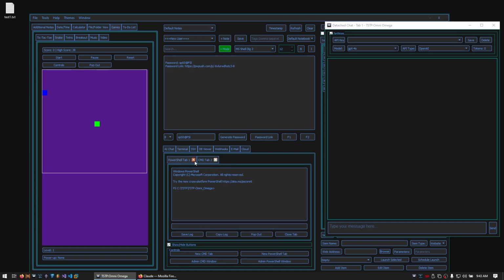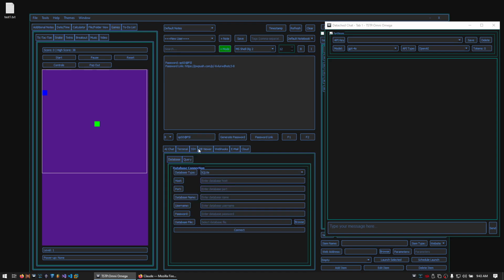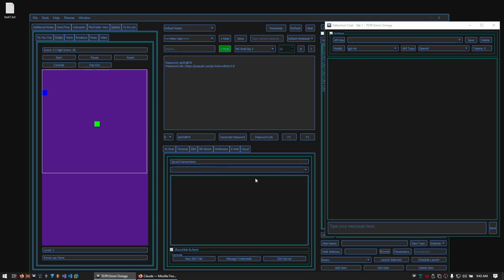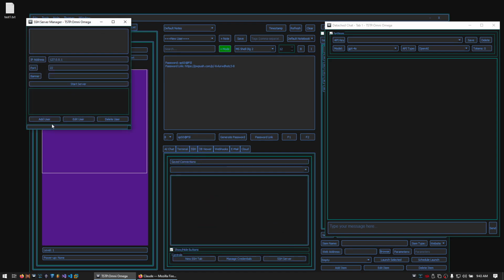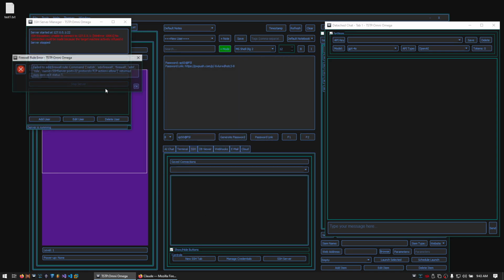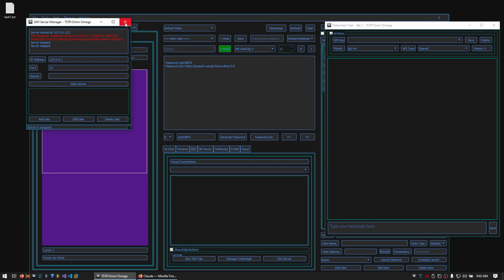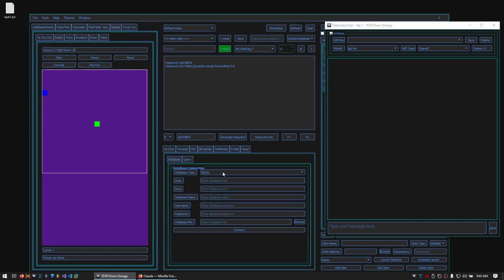The same thing with the terminal and the PowerShell tabs. SSH. Alright, I have my firewall up, so I can't use that one right now, but that is our SSH for